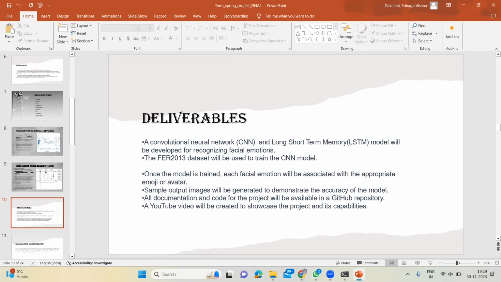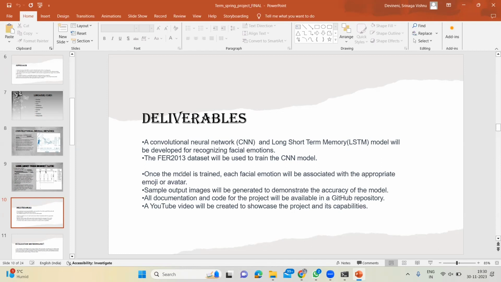Hello, this is Vishnu Devineni. I'm going to discuss the CNN model, and my friend Rajesh is going to discuss LSTM. We're going to take these two models and train them with the same dataset, and check which one can perform better. So first, going to CNN, we have built a convolutional neural network